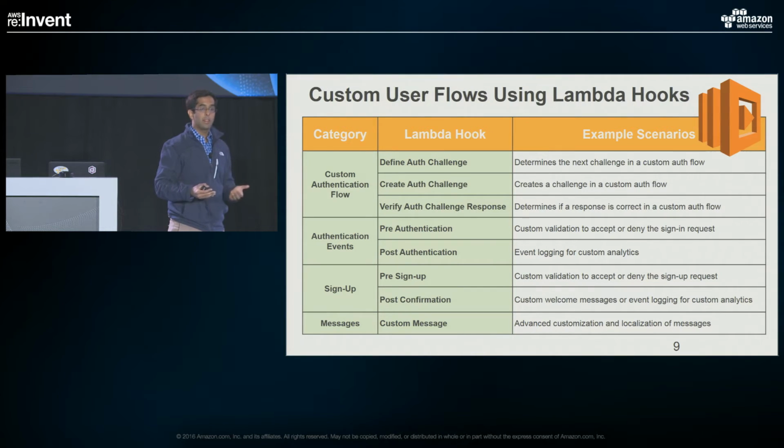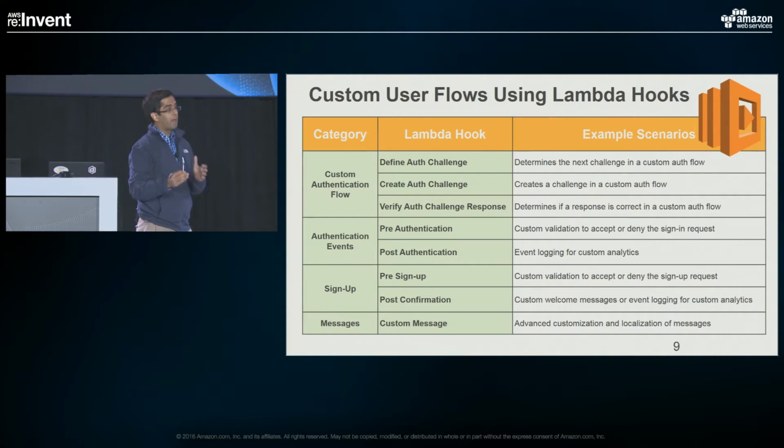If you imagine the pre-sign up scenario, imagine a user comes to your application and they provide their data in some sort of form. You take that data, send it to the Cognito service, and at that point you can invoke a Lambda hook to execute some kind of specific business logic that you have. So for example, you can run a beta in that context, and you can block the user from signing up at that point. They're registering from a different geography that you're not supporting in that beta.